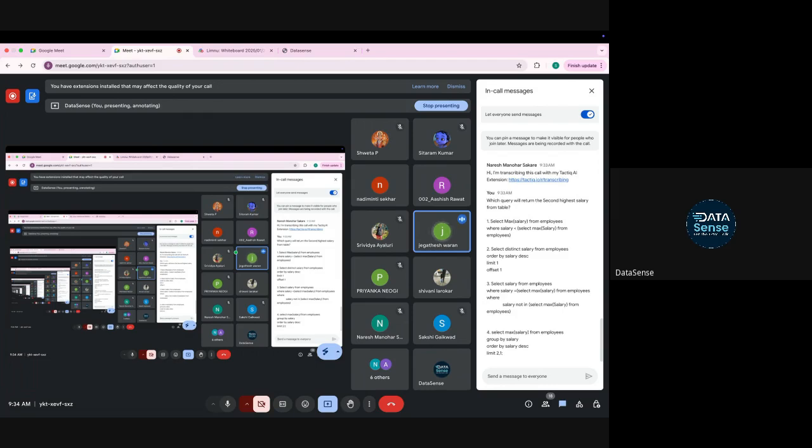I think the fourth won't. Second won't be it, bro, as it mentions distinct, right? The maximum salary, no? It's the second maximum. Offsetting by one, I think the fourth won't work.